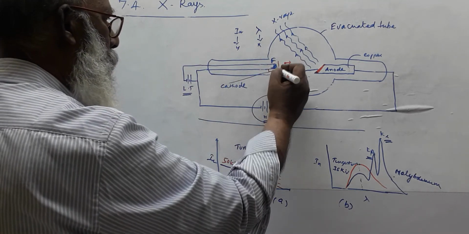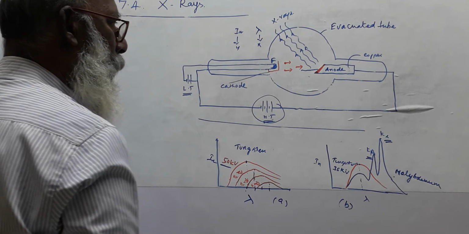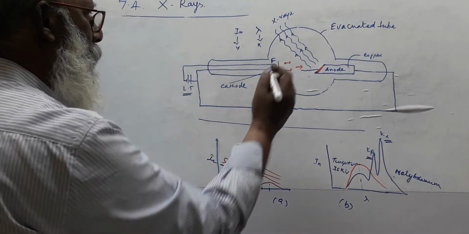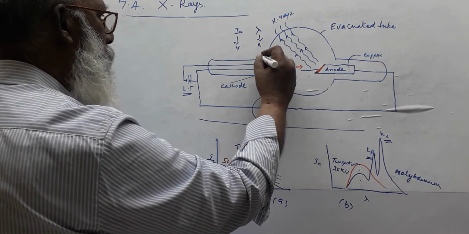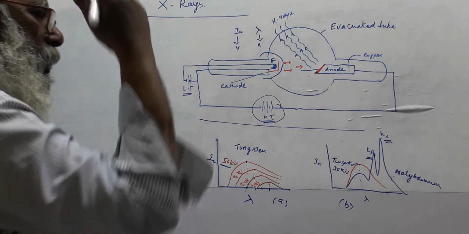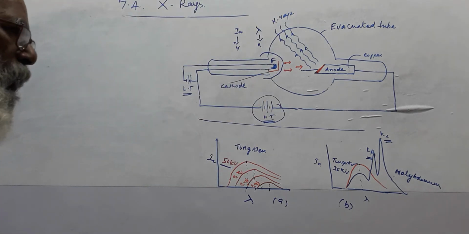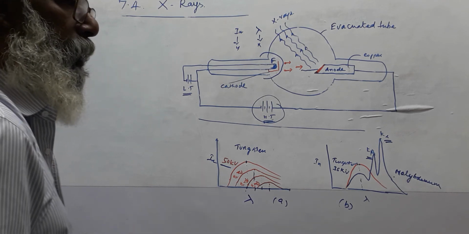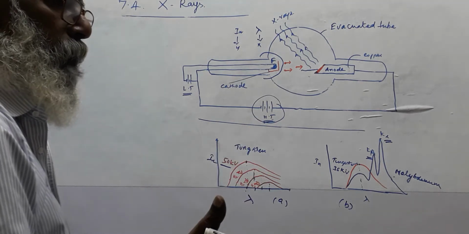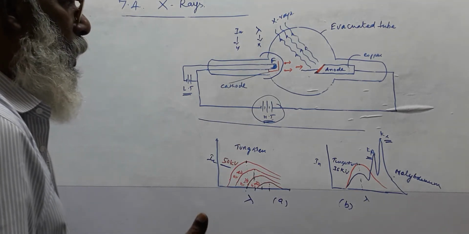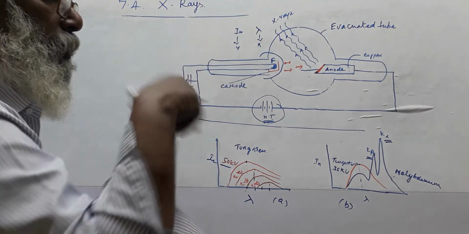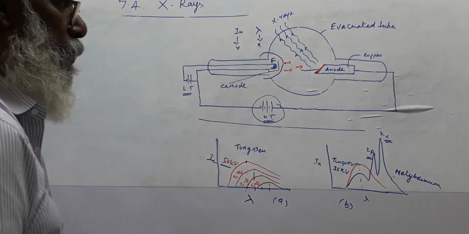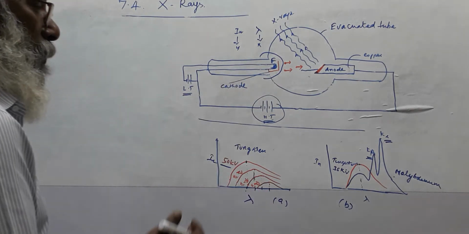Here, in red color, it is called the cathode. The cathode is nothing but the negatively charged terminal, and these two parts are called the electron gun. We already studied this in the Davisson and Germer experiment. What is in the electron gun? When we apply the voltage to the filament, it will emit the electrons, which are channelized by means of a disc. The scattered electrons move towards the anode